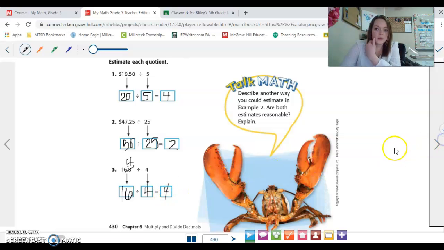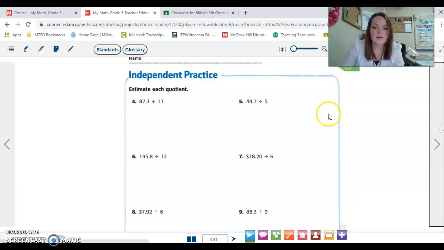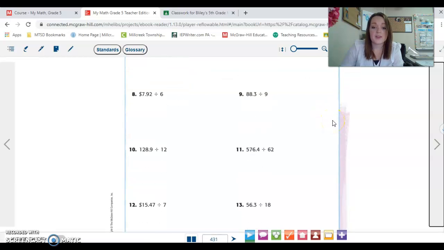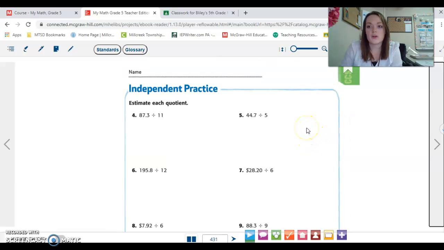Okay, for the next page, I would like you to try it. This whole page 4 through 6, or excuse me, 4 through 13. Please remember that you are rounding and then dividing. And if you get stuck when you're dividing, just do the opposite, which is the whole number times what gives me the answer. If you have any questions or you need a reteach or any additional support, please come to